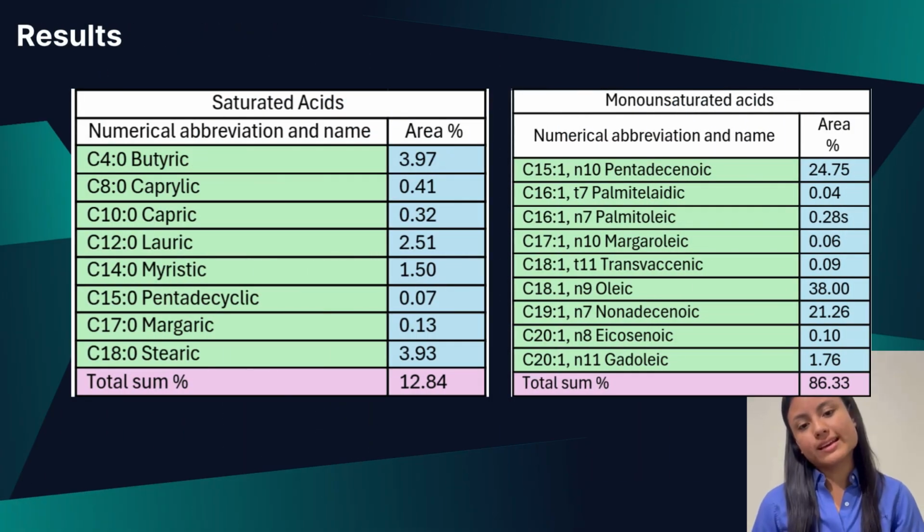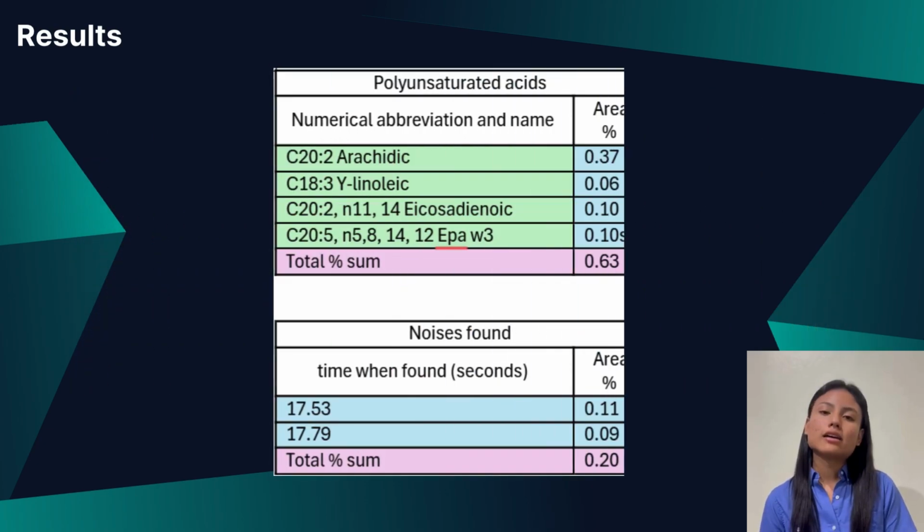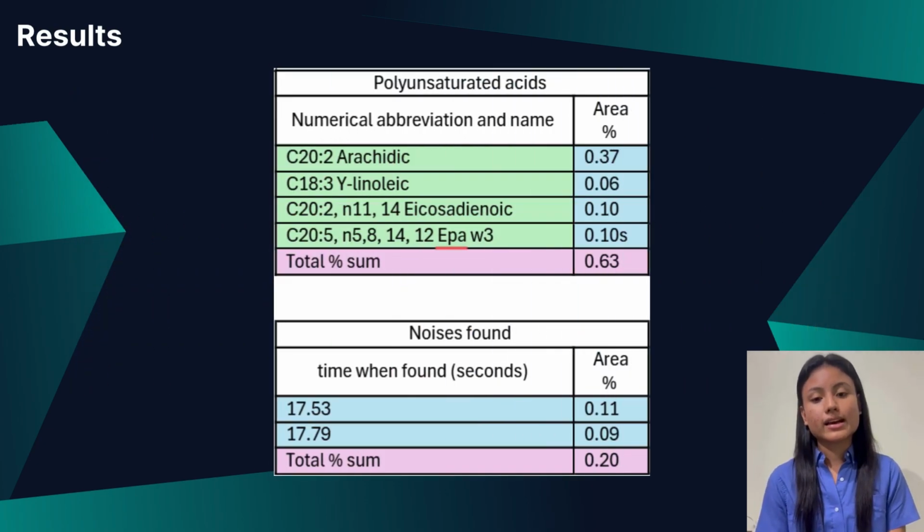The results were that 23 peaks were found in the gas chromatography, of which 21 fatty acids were identified. These acids were grouped into saturated, monounsaturated, and polyunsaturated fatty acids, of which there were 8 saturated fatty acids representing 12.84% of the total area, 9 monounsaturated acids representing 86.33% of the total area, and finally 4 polyunsaturated acids representing